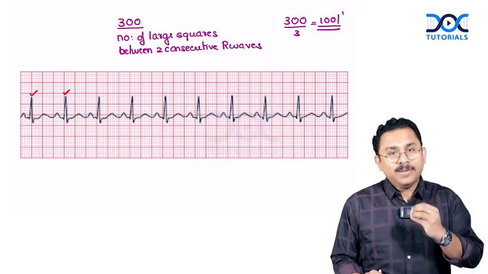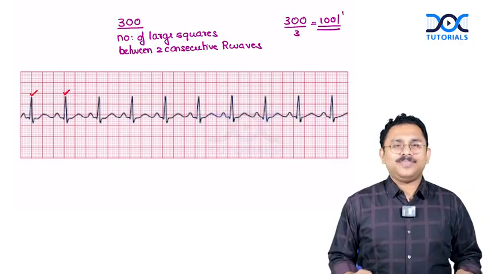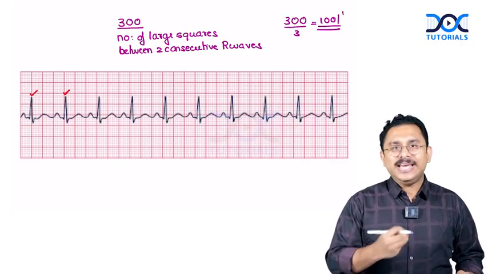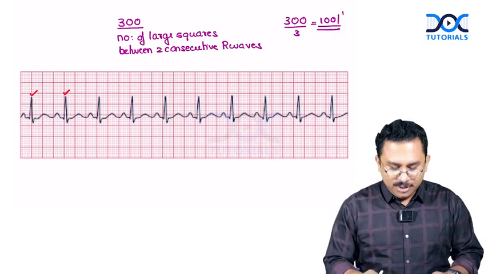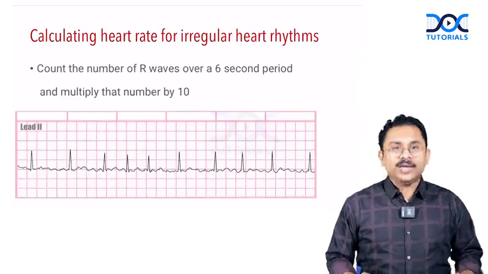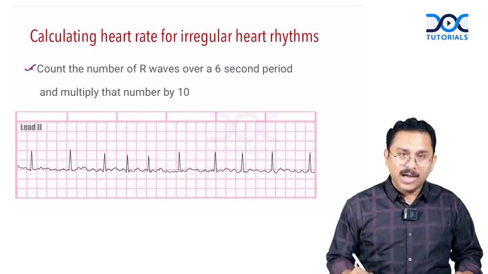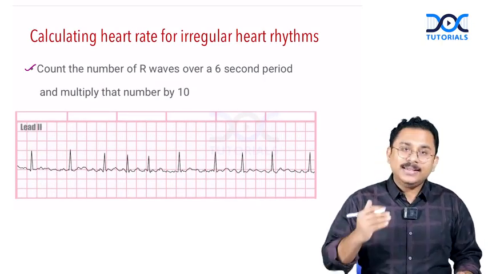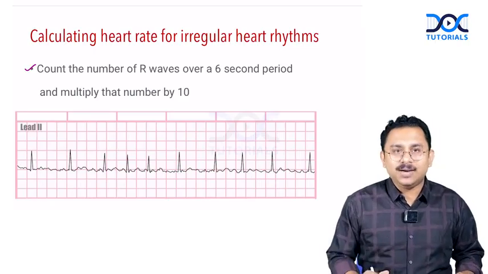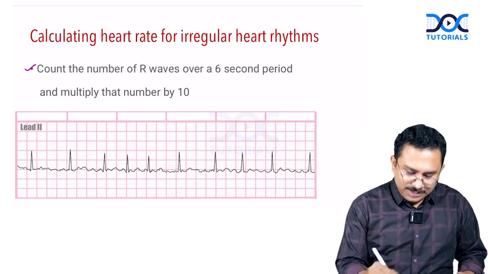Now, what about a scenario where the heart rate is irregular? If the heart rate is irregular, then what you can do is to calculate the heart rate for irregular heart rhythms. You can count the number of R waves over a 6-second period and then multiply that number by 10. For example, if you see, this